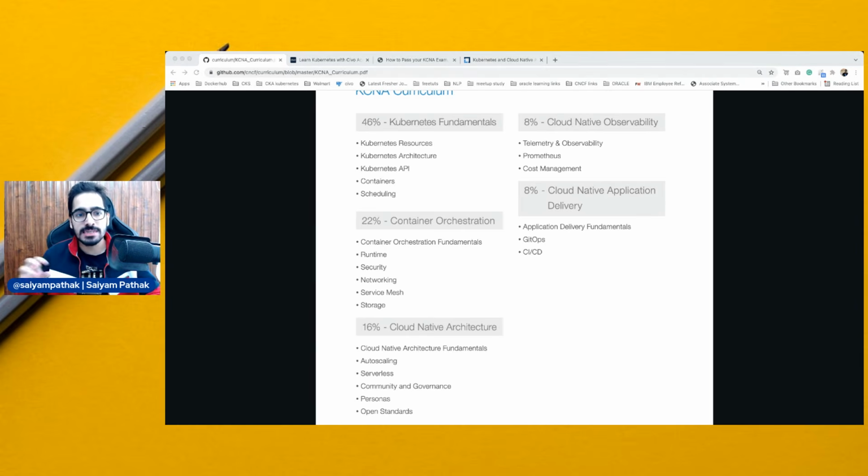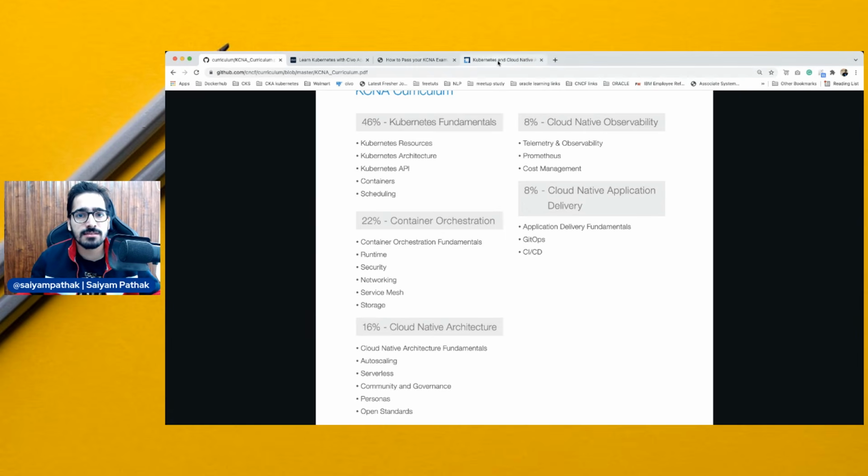You need to know the fundamentals of Kubernetes, you need to know the architecture, and you need to know how to create stuff. What the API version means, the resources, the kind, all that stuff you need to know. Then obviously the Kubernetes API. What is the Kubernetes API? How does it communicate within the cluster with all the components, and how do people from outside communicate with Kubernetes clusters? Then containers, obviously the container level pod. In the pod, you have the containers, how the container gets spun up, and then you have the scheduling. So Kubernetes you definitely need.